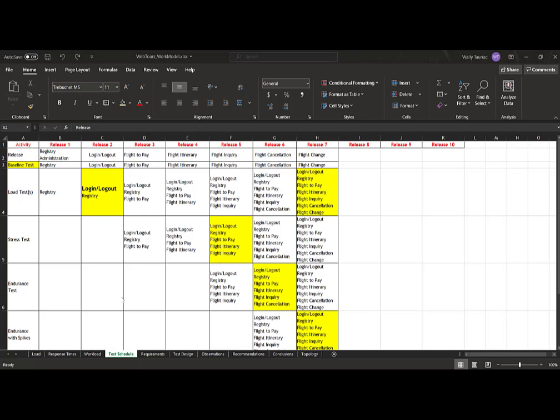Okay, we're looking at the workbook now. We've talked about some of the sheets like the load and the workload and the requirements. Those, I believe we've talked sufficiently about them. But let's start with the test schedule, and then we'll go to some of the others to complete the discussion on those topics. So with the schedule, the test schedule,